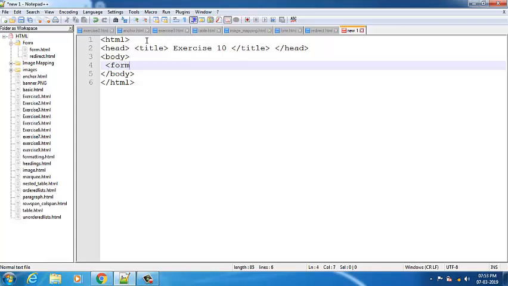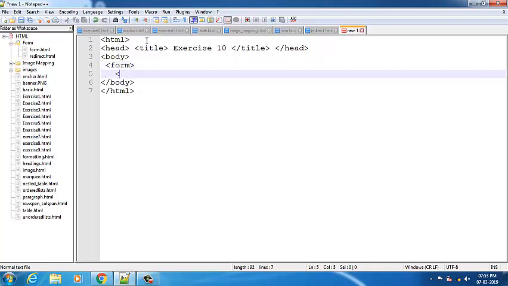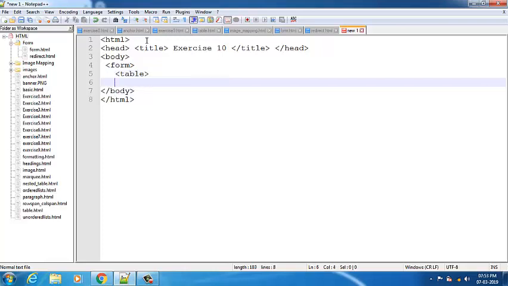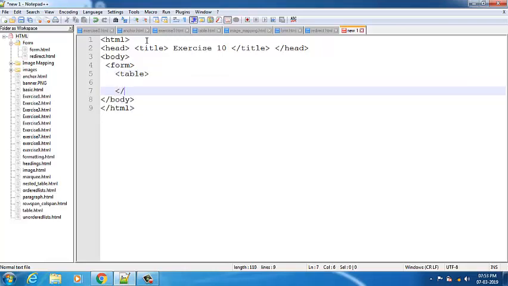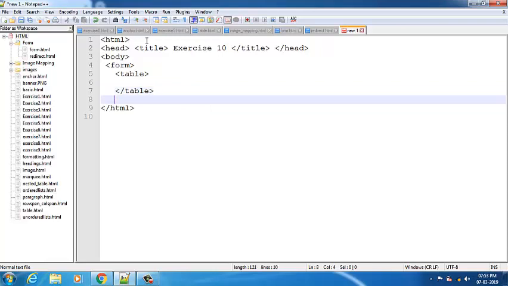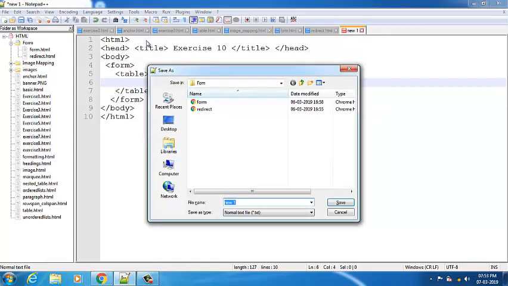form tag, within that table. Okay, let me first close the table tag and then I'll close the form tag. Fine. So let me save it. This is the form tag, form folder. Within that, let me save it with exercise 10. That is